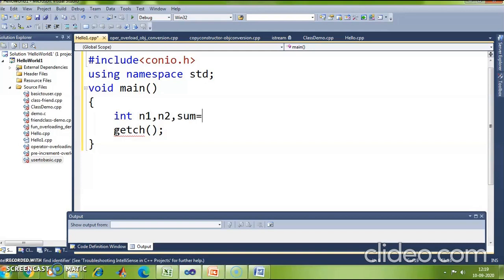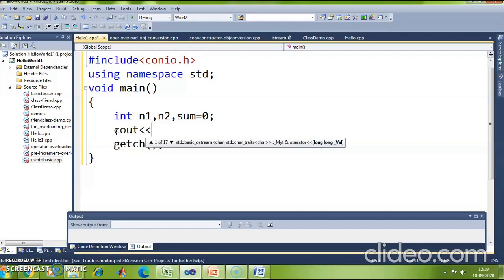I will also take another variable sum which will hold the sum of the two values. The initial value of this variable sum is equal to 0. You may equate it to 0 or you may not. Now let me ask the user to enter the value of number 1. So I'll put a print statement using the cout object along with the insertion operator and then mention "enter the value of n1". I am entering the string in double quotes because a string has to be placed in double quotes,